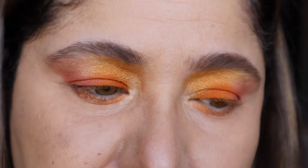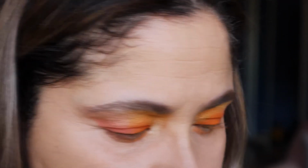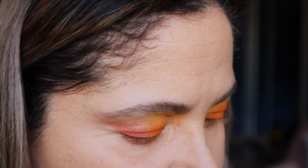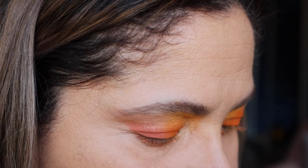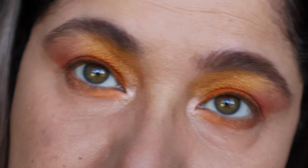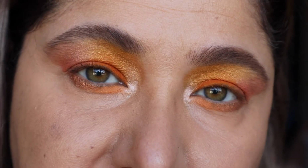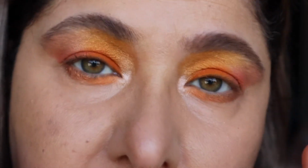I'm not getting the pop that I like, so I'm going to wet my brush with just some setting spray, and maybe that'll give a better effect. That helps a bit better. Yep, that's much better. And guys, now that we've completed the rest of the eye look using the inner corner highlight,